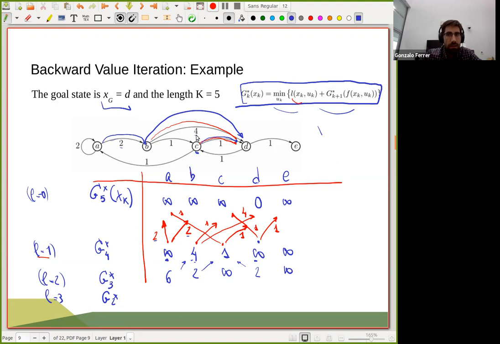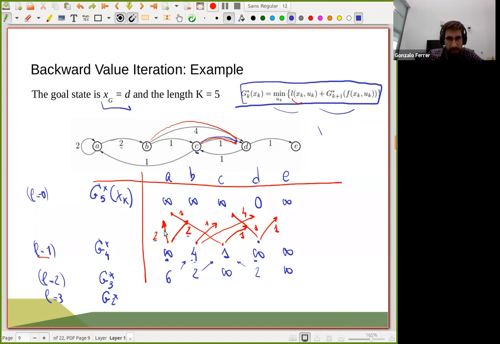This 4 is not, I mean, you could be just doing the sequence of all edges accumulated, but it turns out that for length 1, the cost to go function has value 4, and then you select this action, right? So from A, you want to go to B, and from here, you know that the optimal cost to go is 4. That just happens to be this. If you were choosing A, then it's not good, because you're going to stay here, and no matter what you do, you are never going to reach D.